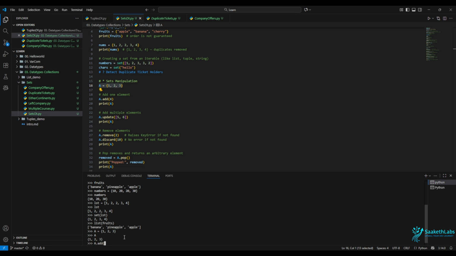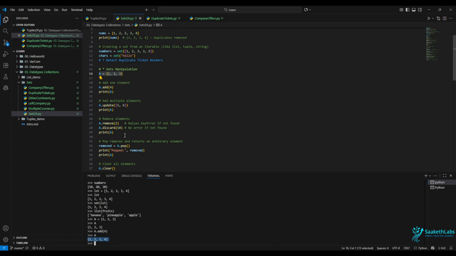So if I invoke the add method on the set and pass an element that needs to be added, and now I try to print variable A, you can see the set A has 1, 2, 3 and 4. Previously it had only 1, 2 and 3, whereas after adding 4 to it, if we print the variable A, it has 1, 2, 3 and 4. Similarly, if we have to update multiple elements into a set, we use the update method. For example, if I want to add 5 and 6 into set A, what I can do is